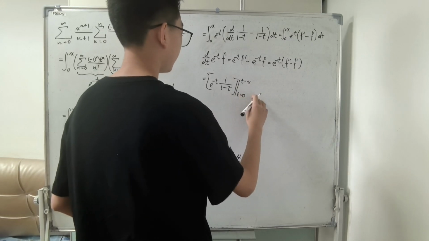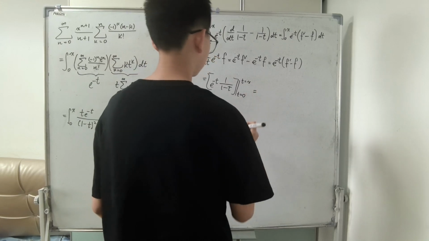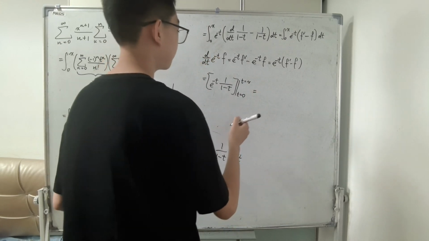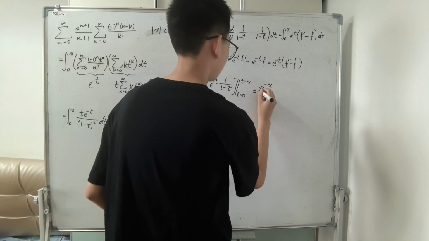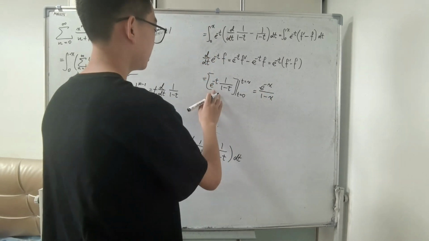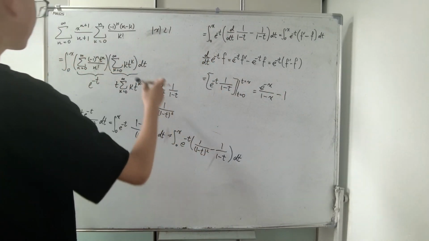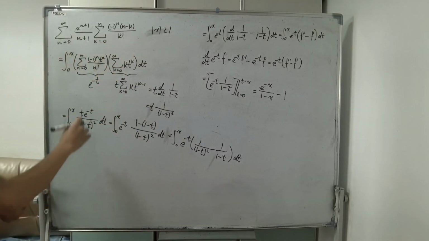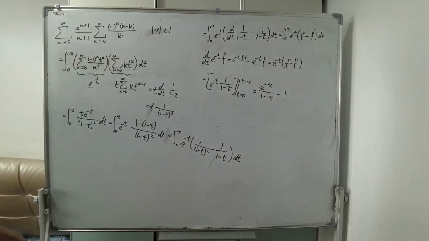So now all we have left is just to plug this in. So x, we can do nothing, because, well, x could be anything, so there's nothing much to simplify. We just get e to the negative x over 1 minus x. And then t equals 0, it would just be 1, minus 1. And that's it. This is a Taylor series representation of e to the minus x divided by 1 minus x